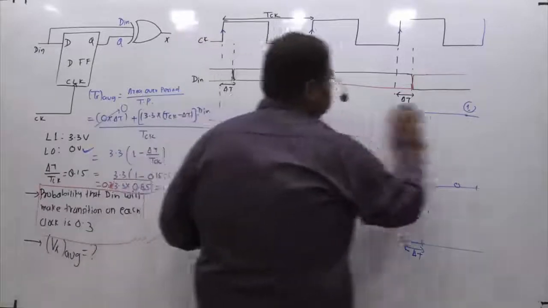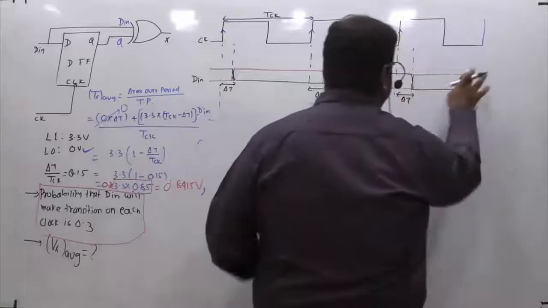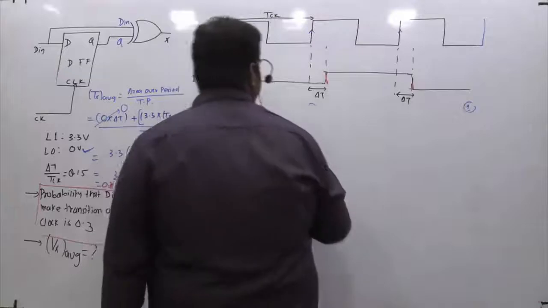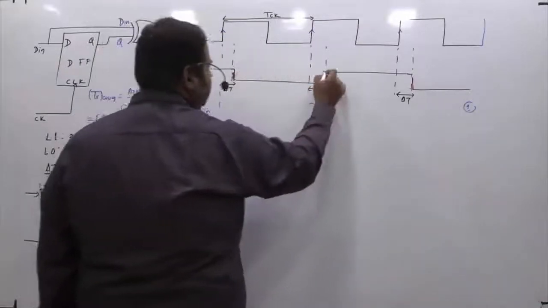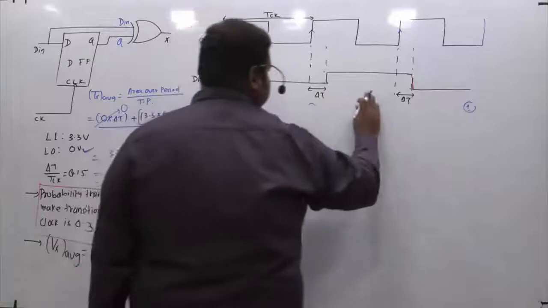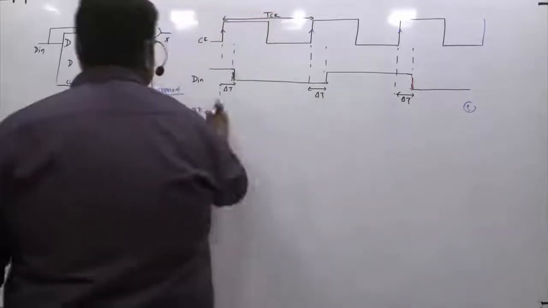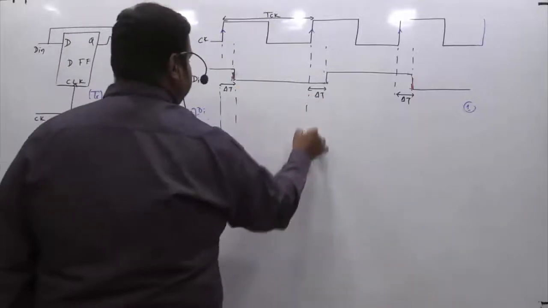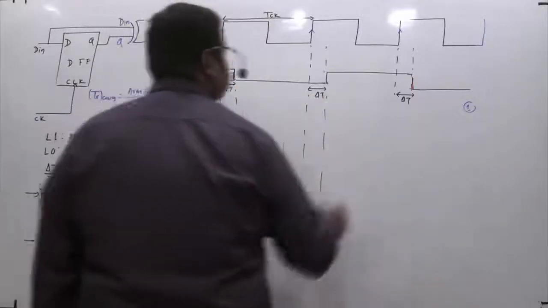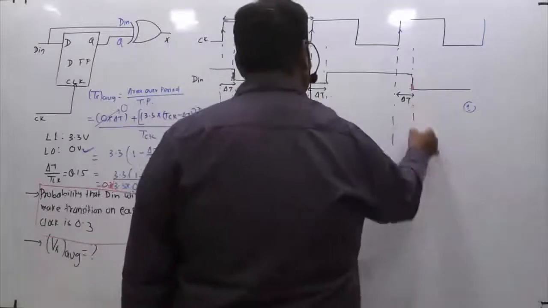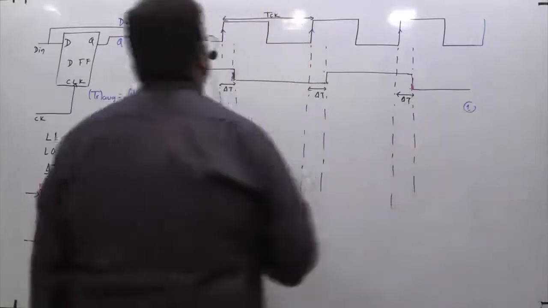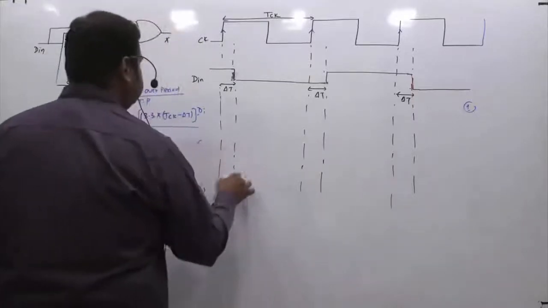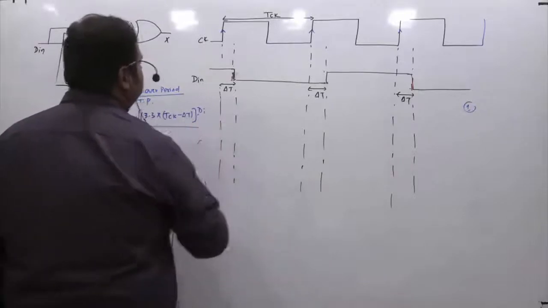Rather, I will take the black color one. So I am erasing the red one, okay? I have taken it with respect to red and shown the analysis. Now let me take this particular black one. Suppose the transition, if you take it this way, then what is the consequence of this? Okay, so I am again highlighting. Okay, like this, see. Now here, when the first clock is applied, what is going to happen?